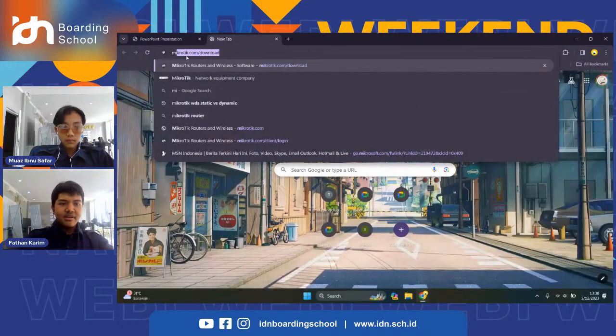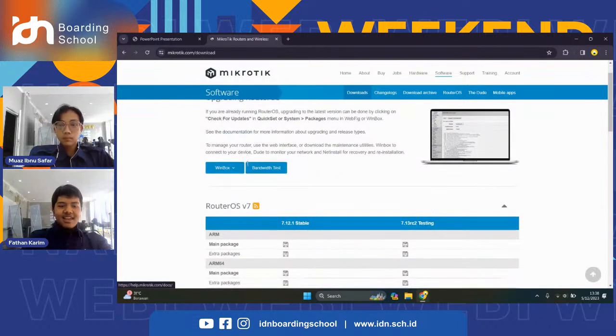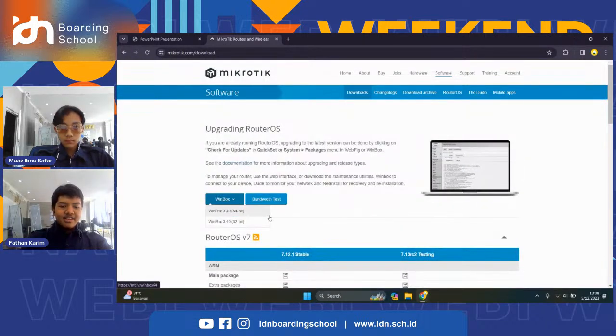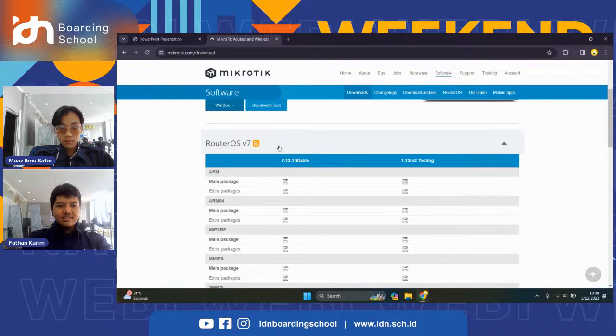Go to mikrotik.com/download. On this site, you can download RouterOS and also Winbox. If you want to download Winbox, you can go to these buttons and download the 32-bit or 64-bit edition here. If you want to upgrade RouterOS for your router, you can scroll down here and install the package from here.